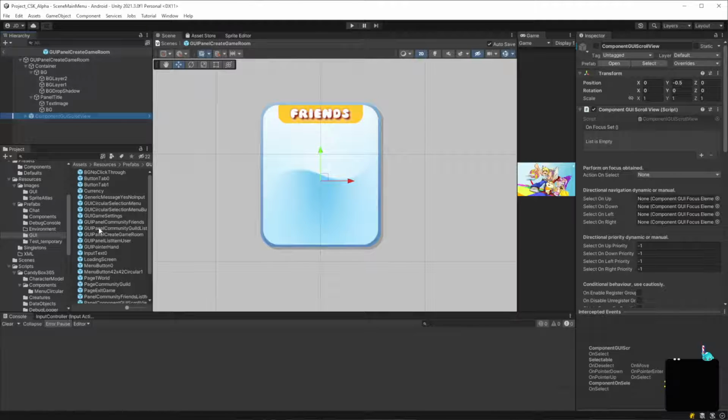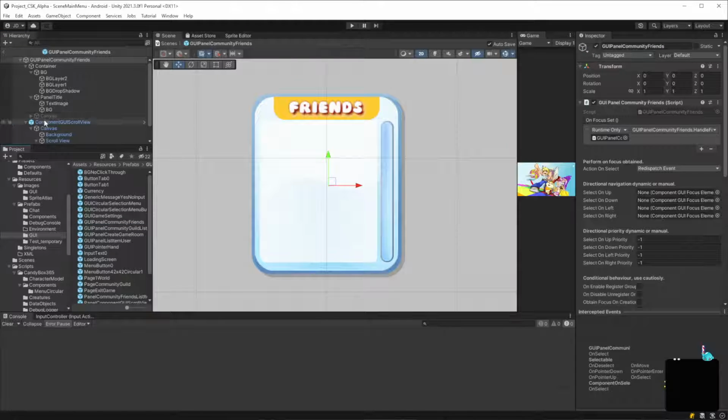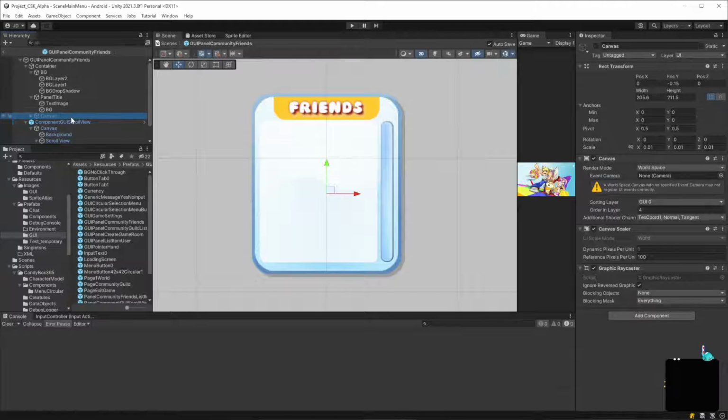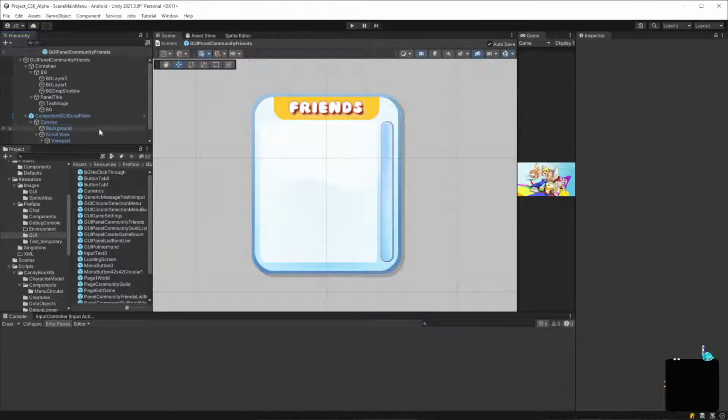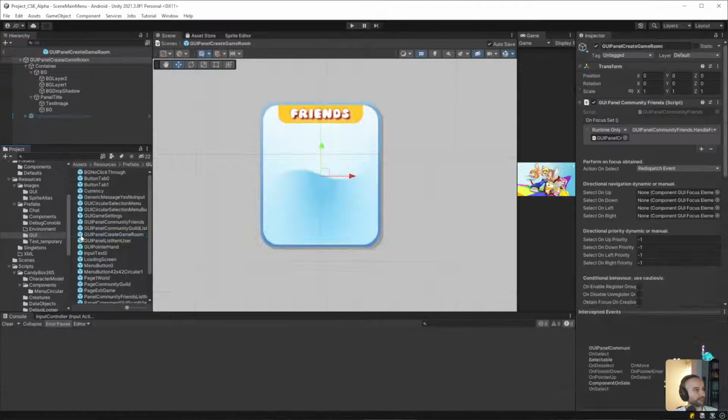I'm going to go back into the friends one. I'm going to delete this because this was the old one. So we're not using that anymore. Just so I don't forget about it. Because sometimes if I don't remove it, I'm not going to remember it later. My camera's dead again. Okay. All right. So that should work for a little bit. All right. What I'll do is I want to go back to the correct one, of course, game room.